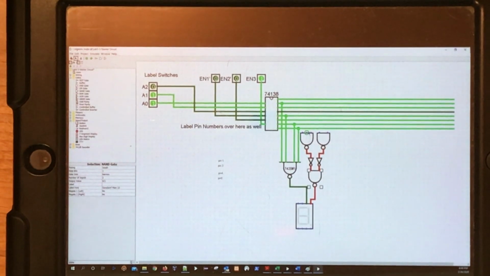So, which min terms do we have for B? 0, 4, 5, 6, 7. Alright, so segment B should be on for